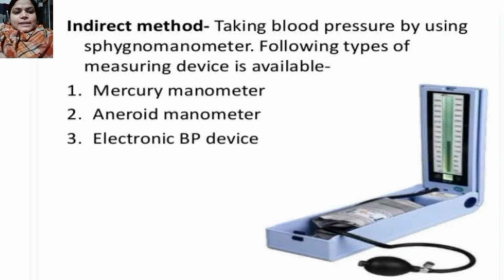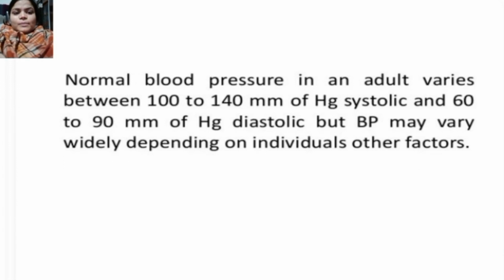The following types of measuring devices are available: mercury manometer, aneroid manometer and electronic BP device. Normal blood pressure in an adult varies between 100 to 140 mm Hg systolic and 60 to 90 mm Hg diastolic, but BP may vary widely depending